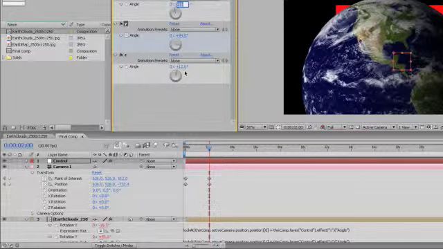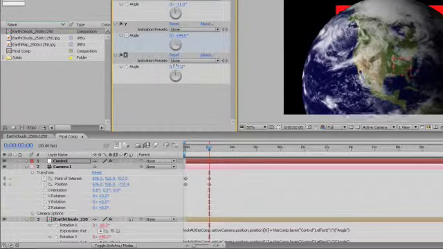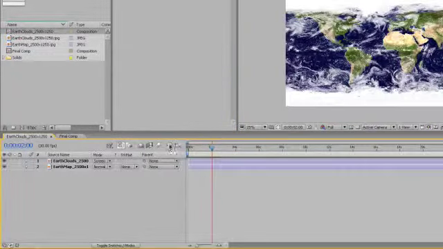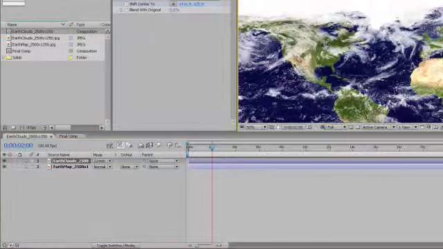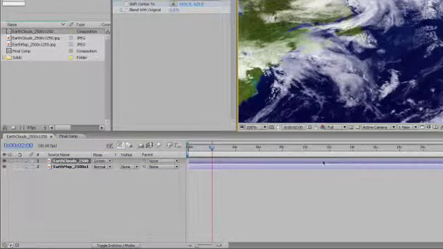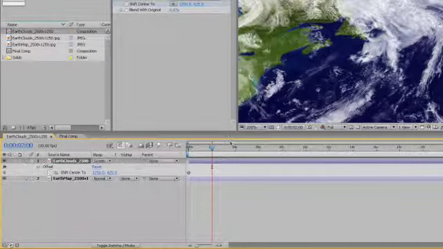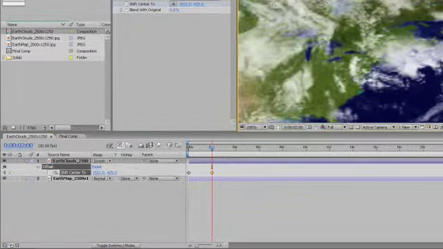And then I'm going to just mess with my Z rotation and bring that down into focus a little bit more. The other thing I can do is I can go back into this Earth Cloud Comp, and I can make sure that my offset effect is making it so I can see Michigan where I live. So I'm going to hit U and remove these keyframes here, but I'm going to go in and just move this slightly over until we get